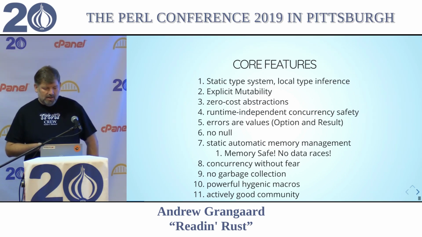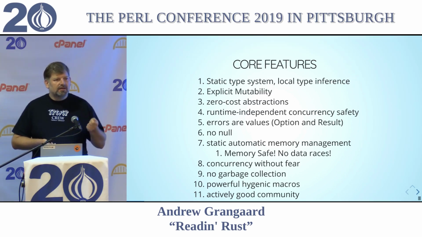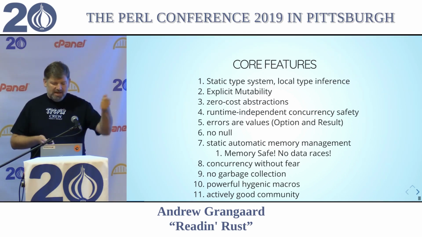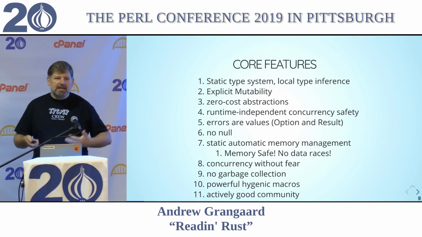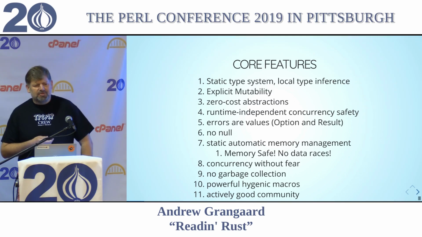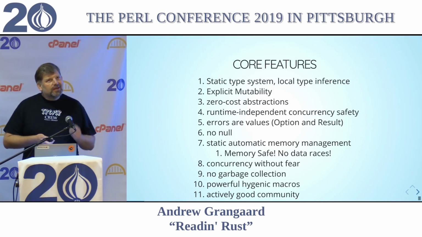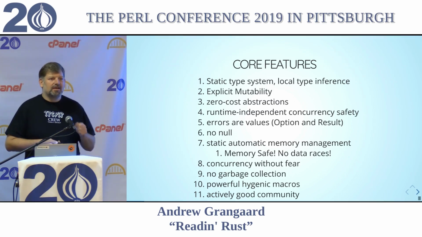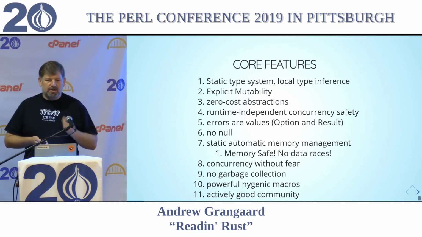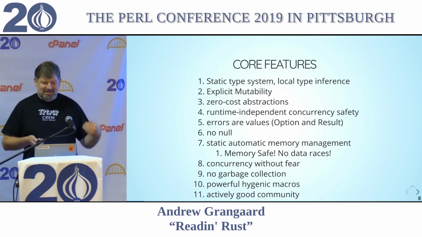It's good. So explicit mutability means that you have to say when you're going to be modifying some data and when you're not. And you actually express this through that type system. And that type system is able to prove certain things and prevent certain bugs, which is awesome. You will hear a lot about these zero-cost abstractions, which is a great term because it means if you don't use it, it won't cost you anything. And if you do use it, it will not be any worse than what you would write. Hopefully better.